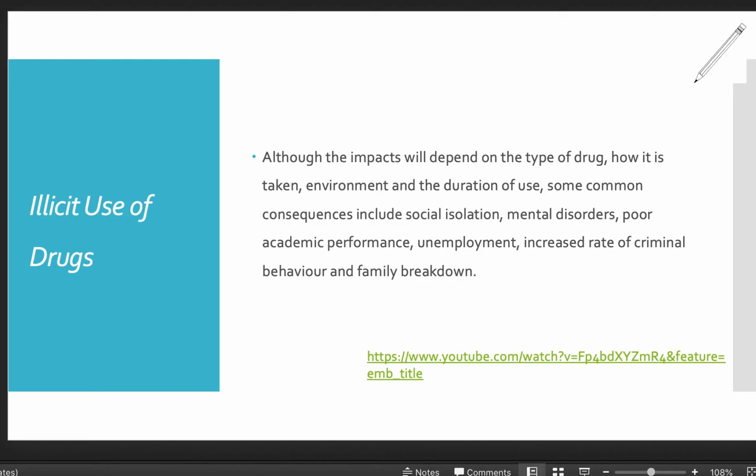We talked about alcohol and affecting the brain as the brain continues to develop until the age of 25. And so if any of these illicit drugs are taken and they impair the brain's function, it can also impair the growth and development of the brain as well. It will often lead to unemployment because of inability to keep a stable job, a rate of criminal behavior because of that decision making, and also the breakdown of families.